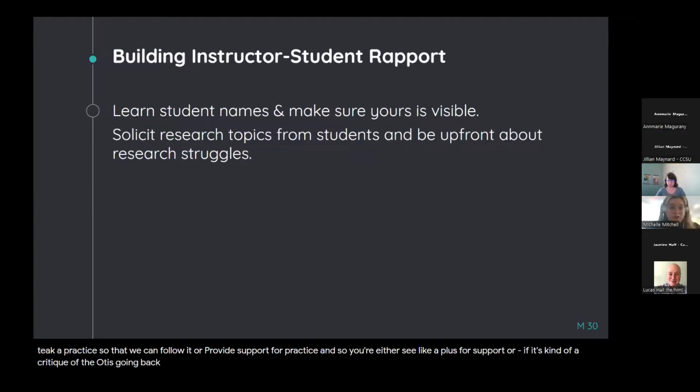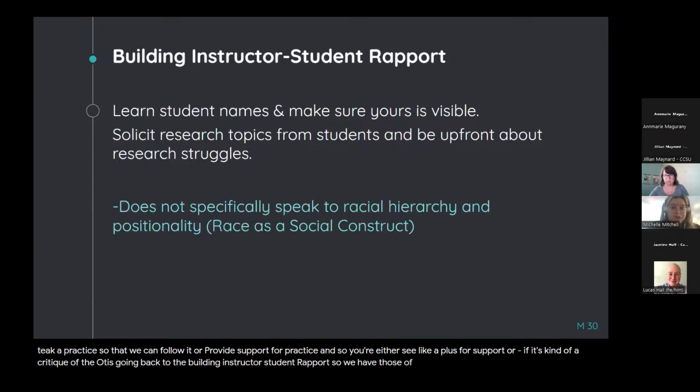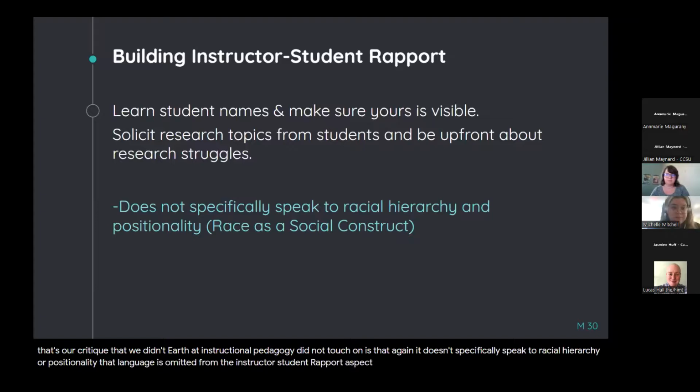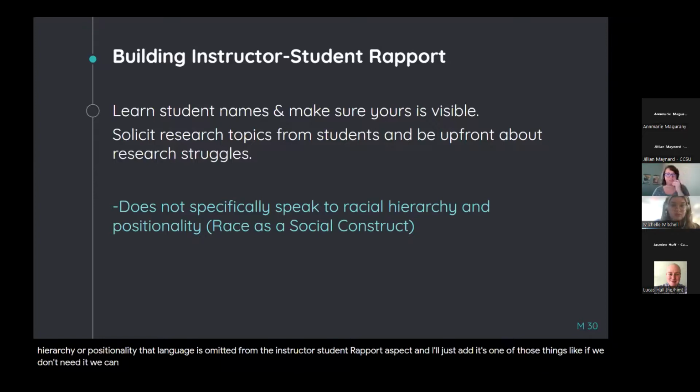So going back to building instructor-student rapport, we have those that we mentioned before, but something that's a critique that instructional pedagogy did not touch on is that it doesn't specifically speak to racial hierarchy or positionality. That language is omitted from the instructor-student rapport aspect. Yeah, and I'll just add, it's one of those things, like if we don't name it, we can't really talk about it, but with rapport especially, that's a social aspect, so you need to be aware of how race